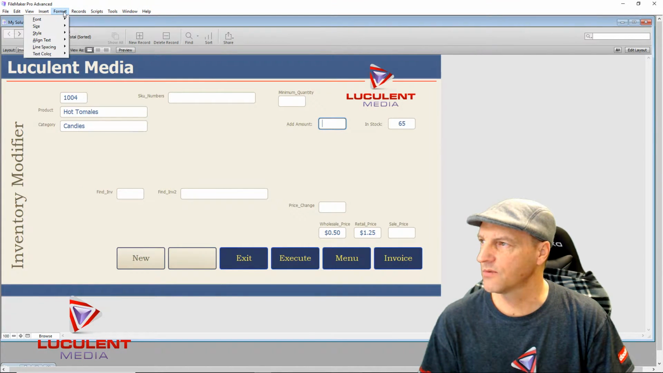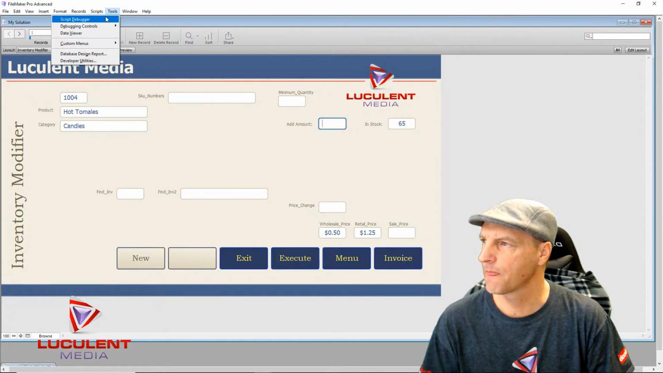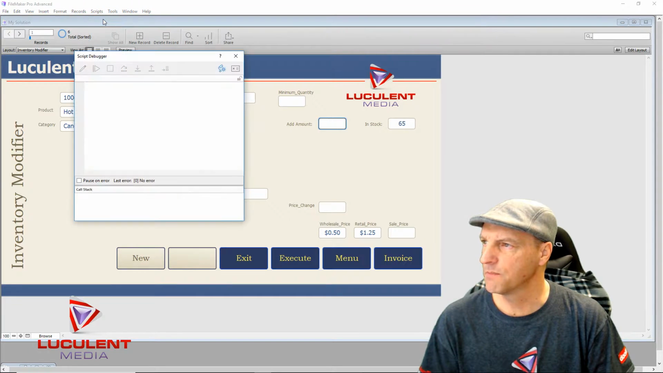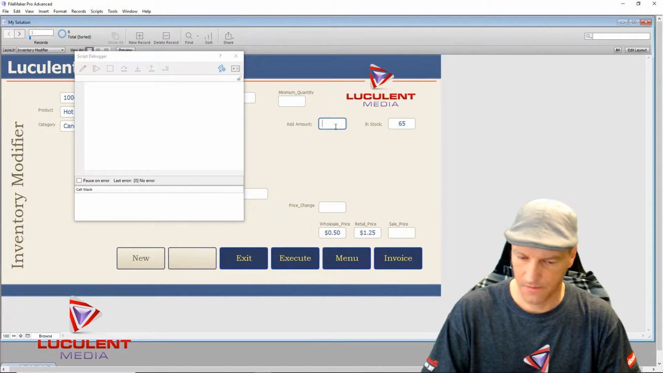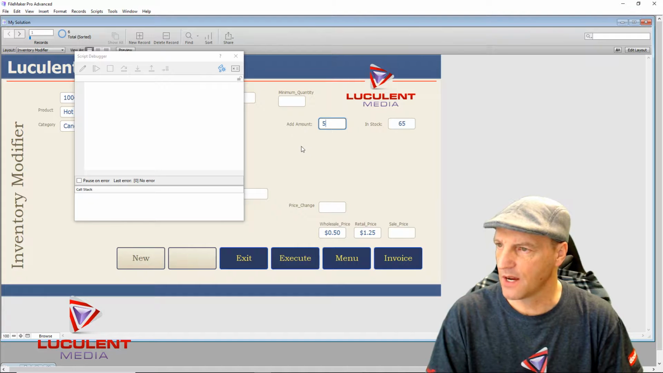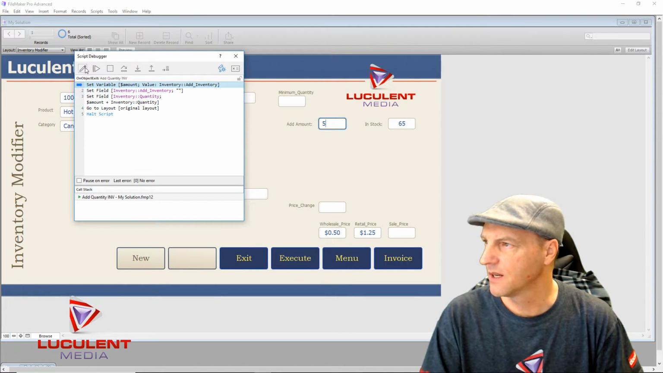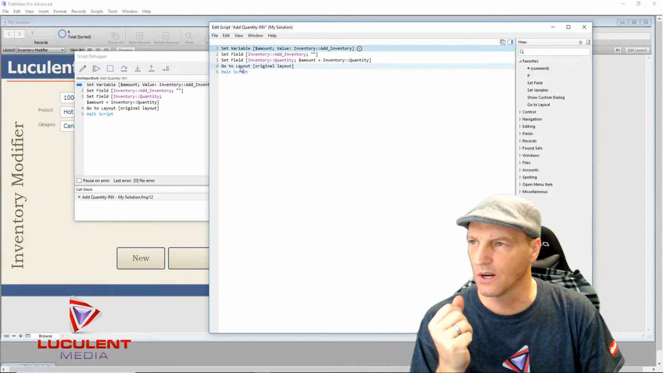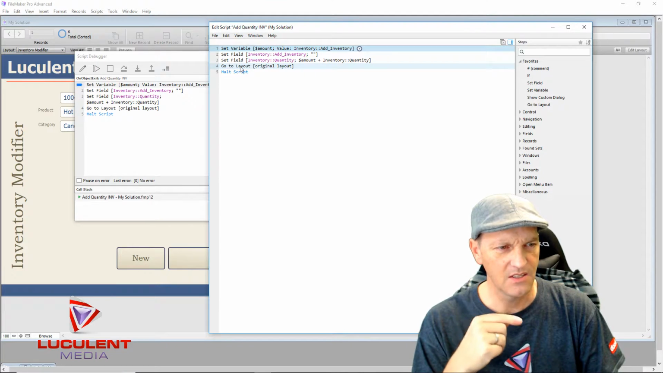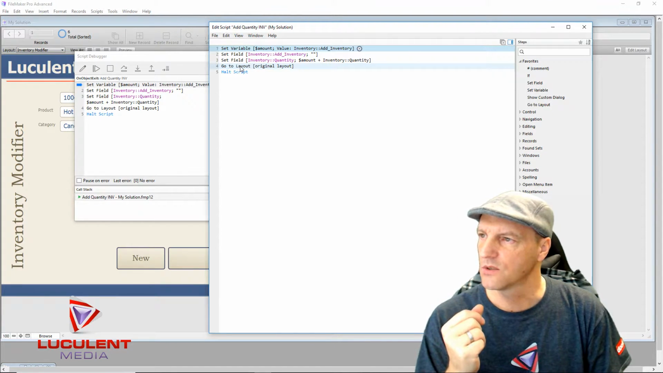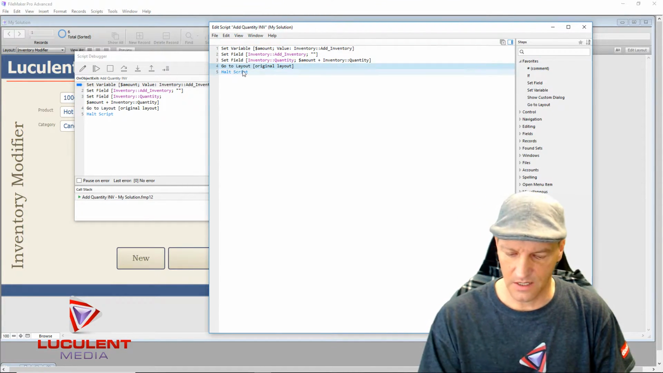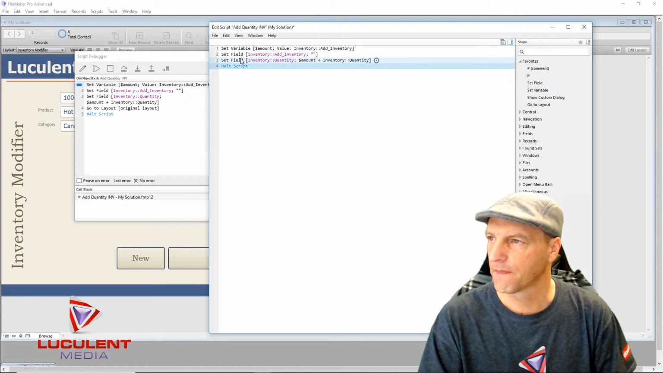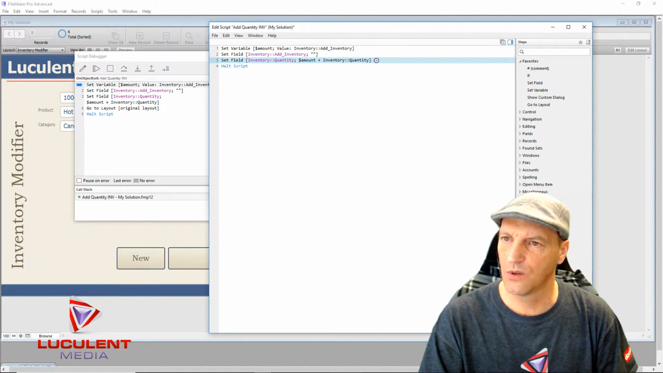So what was I looking for? Font size, scripts, tools, script debugger. We'll add 5. We'll click off, and we'll go to this. We'll just keep adding things until we can figure out what is making this happen, which is kind of weird. So instead of going to layout, let's get rid of that because it didn't do us any good. We will go to